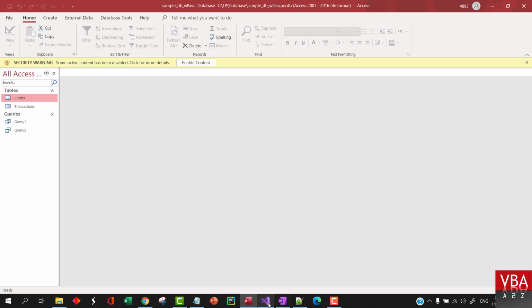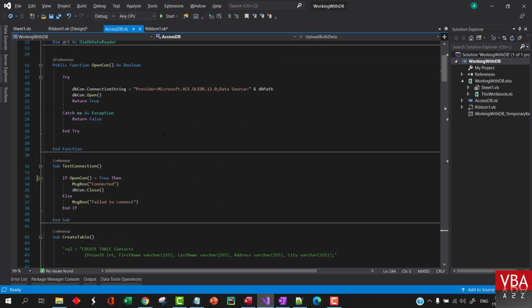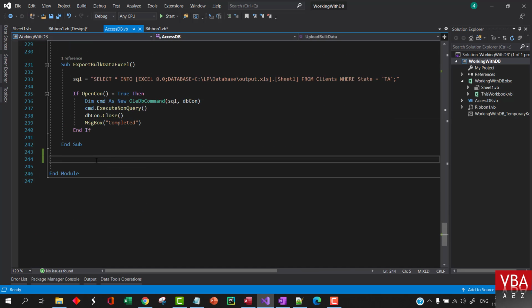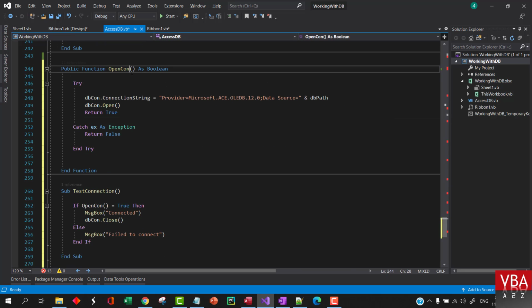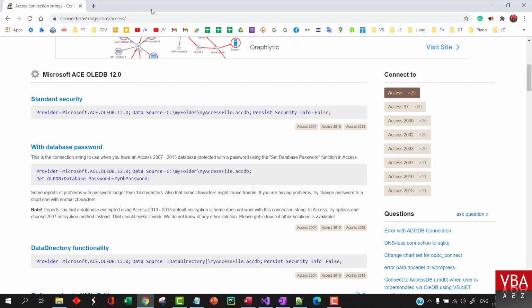Okay, now going back to our project, let me quickly go up here and copy this as well. I'll copy this both so that we can test it at the same time. Okay, so let's call this open connection with password, and then we'll test this once this is set up. Going back to connectionstring.com, now we'll grab the connection string with the password. Okay, so this one,